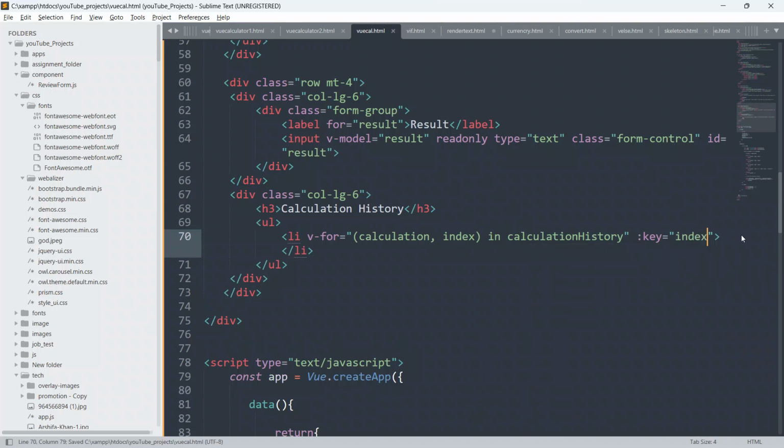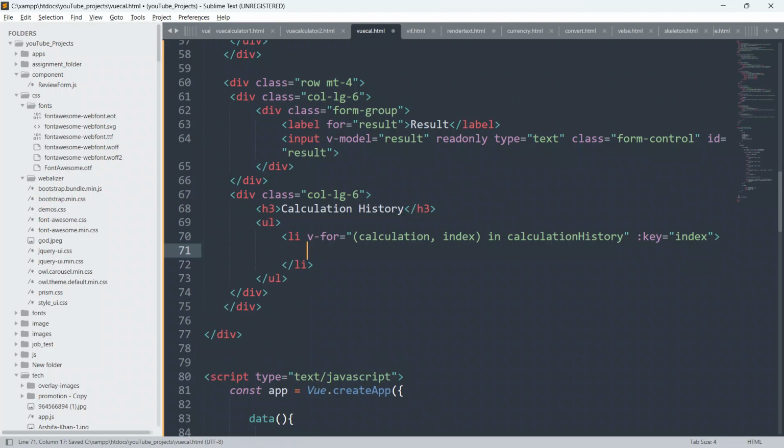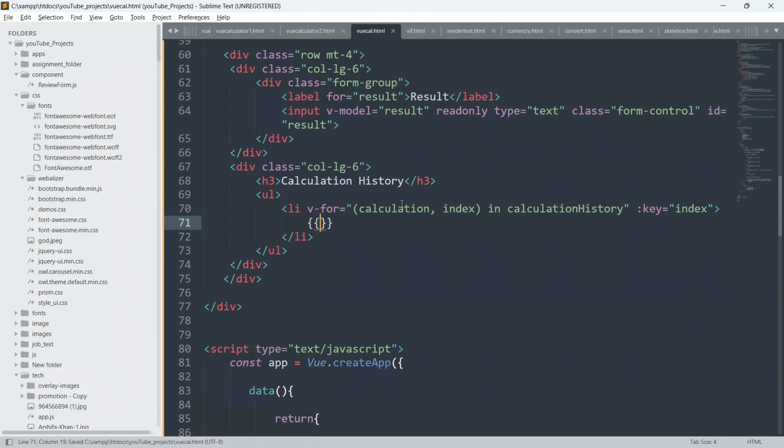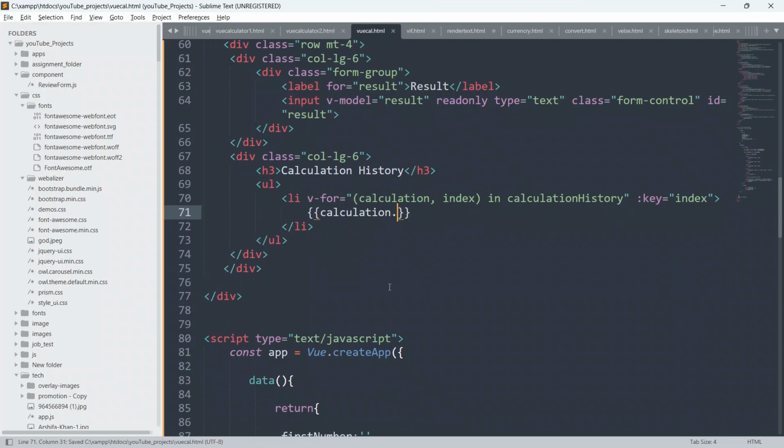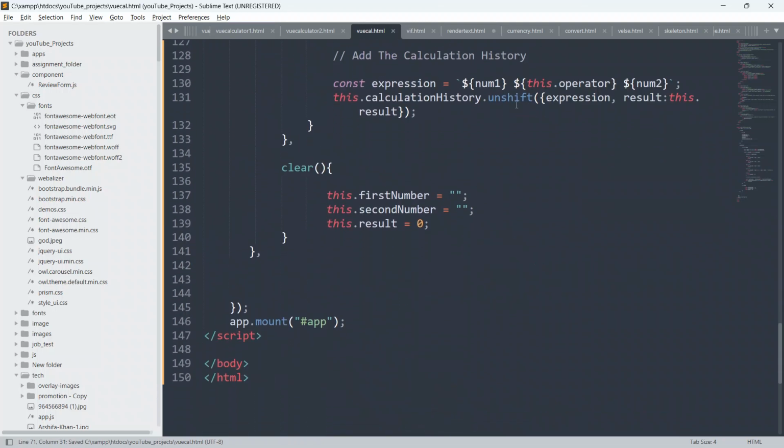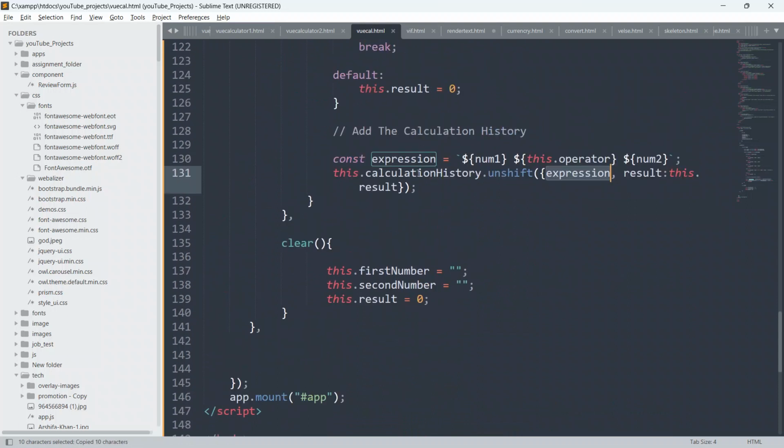Inside this li, I'll put double curly braces and write this calculation dot this expression, because as you all know, this is an object.